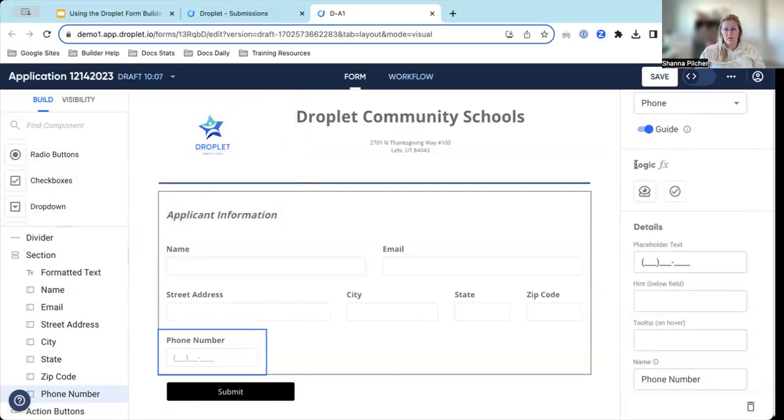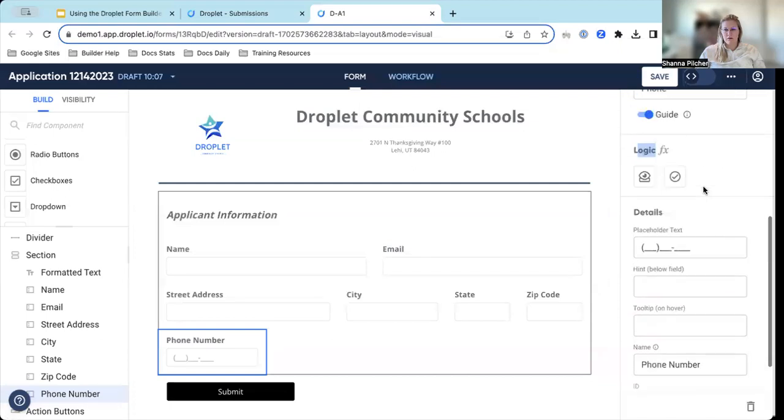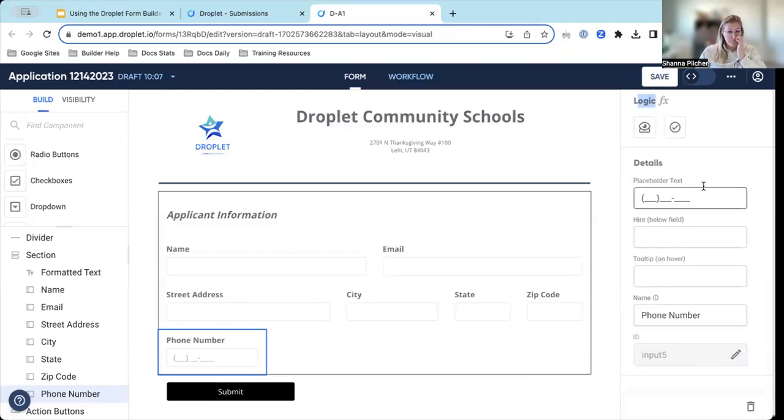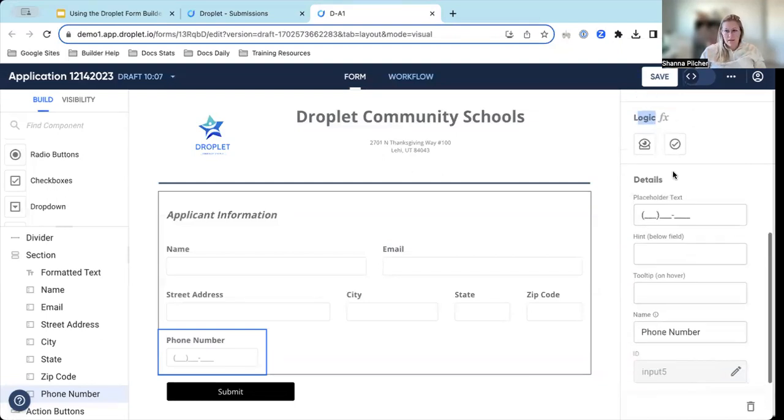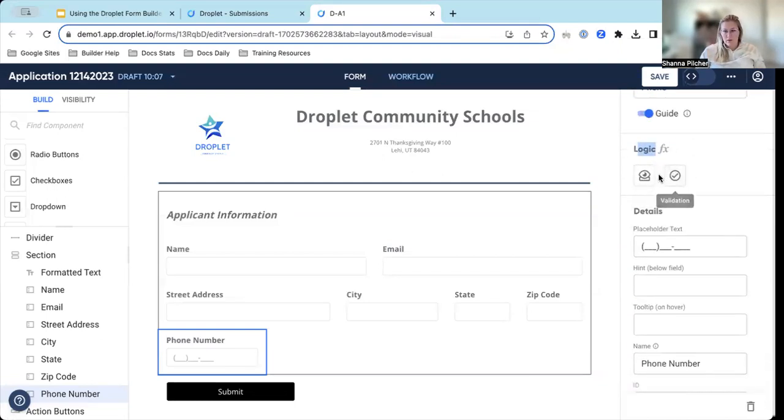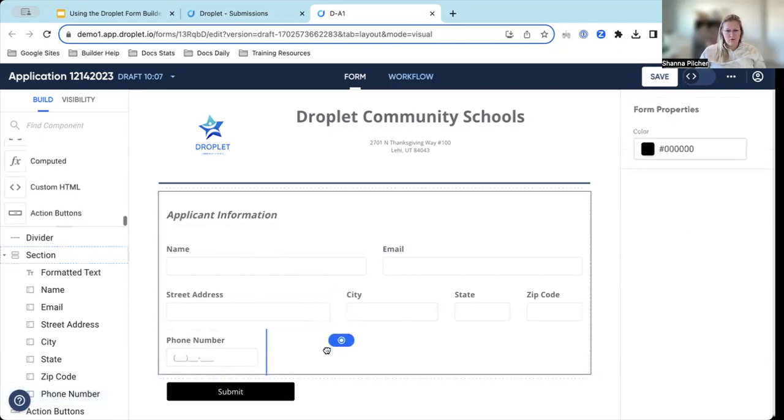And then I want to show you all a really cool functionality that comes in some of the logic fields. So this logic area, I skipped over when I was explaining these here. But they are super important as we are wanting to make this form more functional, a little bit more intuitive, and only displaying the information that they need. And I'll demonstrate that right now